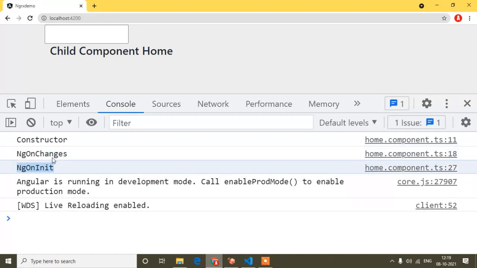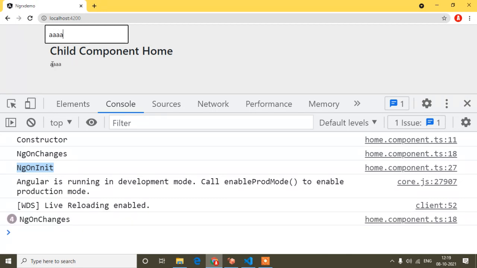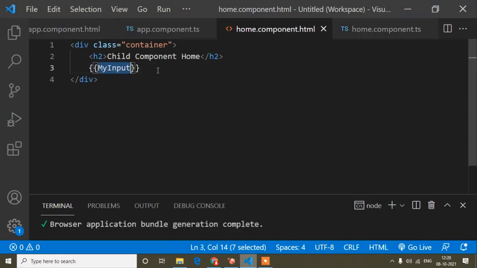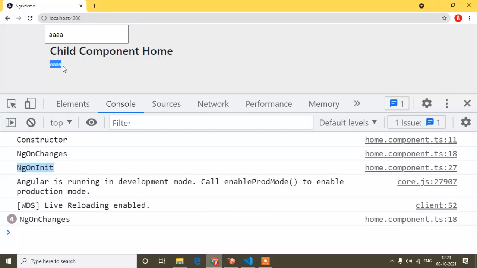So it calls once, but when I change any data in our input field, which is in our parent component, that is app, you can see the data is changing in our child component also, because I bound this input here too. And at the same time, I have typed four a's, so ngOnInit...